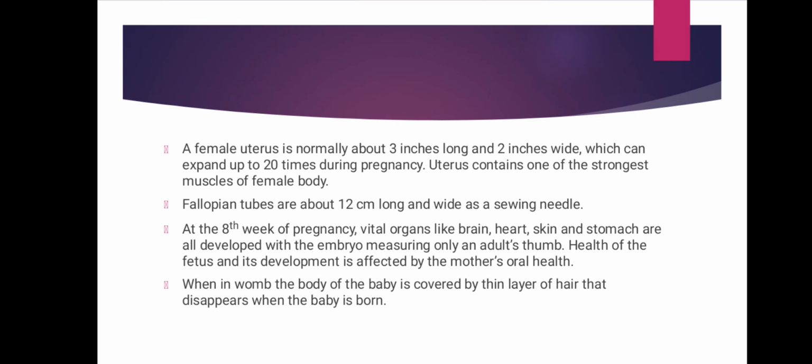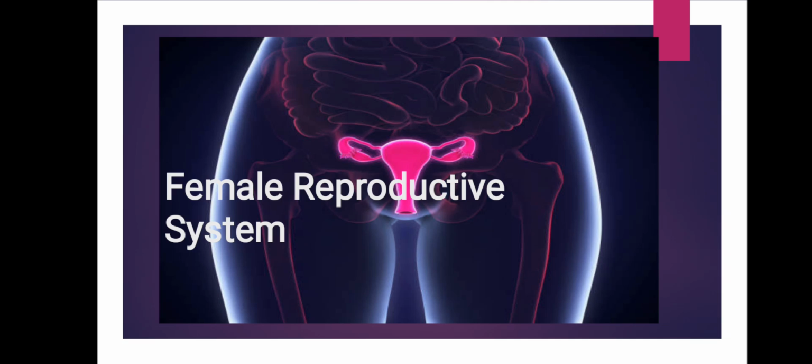Fallopian tubes are about 12 cm long and as wide as a sewing needle. At the 8th week of pregnancy, vital organs like the brain, heart, skin, and stomach are all developed, with the embryo measuring only an adult's thumb. The health of the fetus and its development is affected by the mother's oral health. When in the womb, the body of the baby is covered by a thin layer of hair that disappears when the baby is born. So that ends my presentation about the female